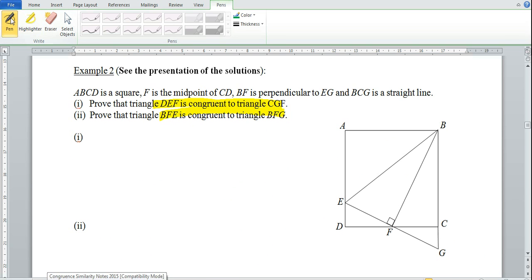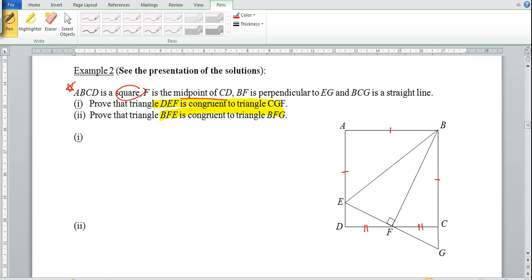Okay, so before that, let's read the question. Okay, this is very important, is to read the question carefully. So basically they tell you that ABCD is a square. So there is an information given about the length of this diagram. Okay? Now they also say that F is the midpoint of CD. So basically there is also two equal lengths here. And they say that BF is perpendicular to